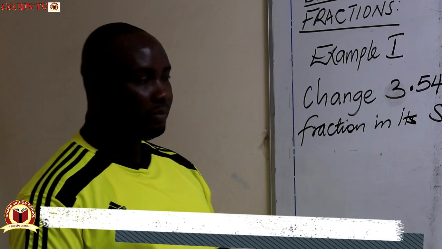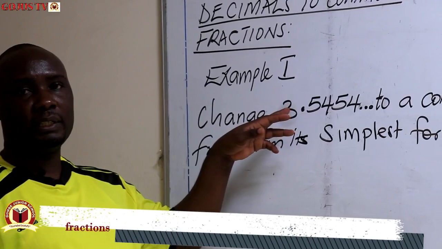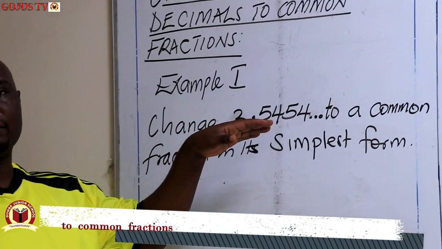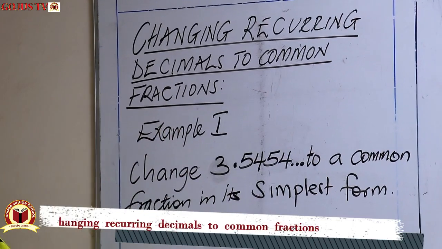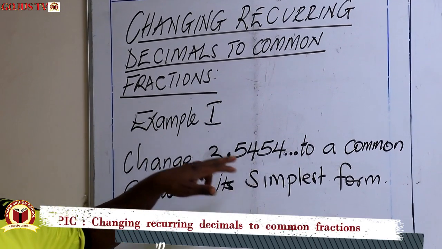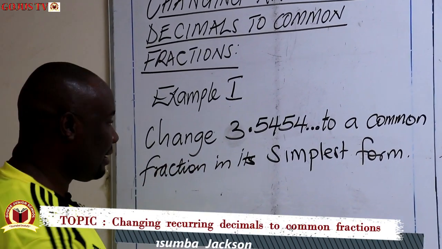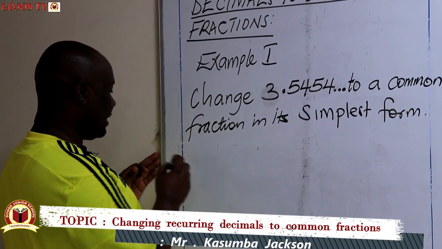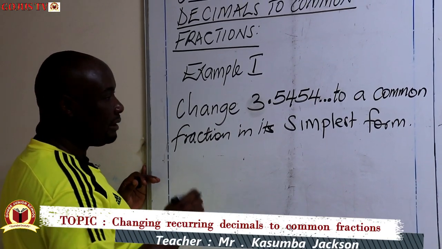Hello children, in the previous lesson we looked at a whole number in front of a decimal point, but the recurring digits behind it was just one digit repeating itself. The only difference here is that there are two digits repeating themselves. We can consider this one using the same procedures as we took when handling a single digit recurring decimal